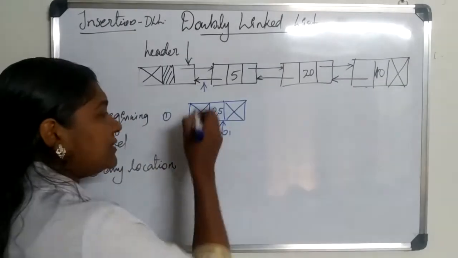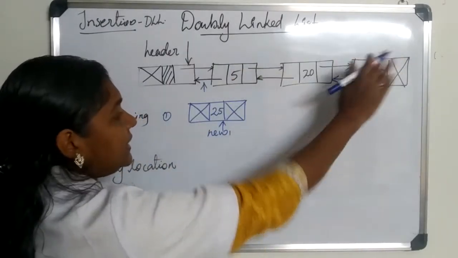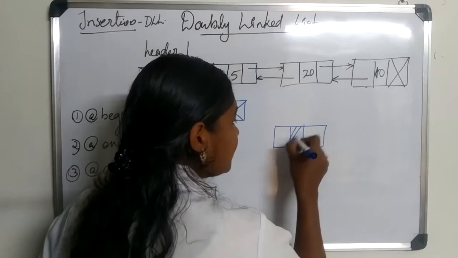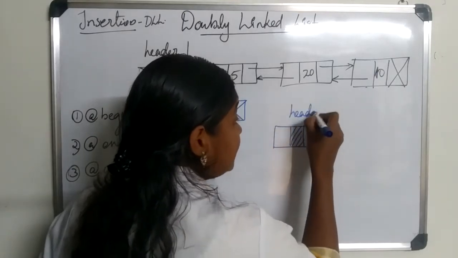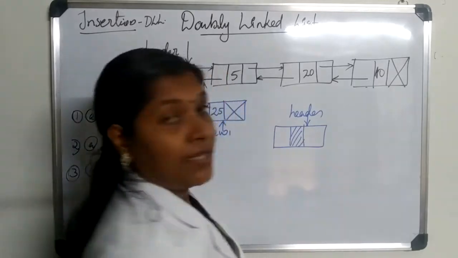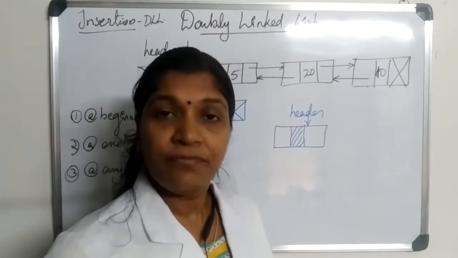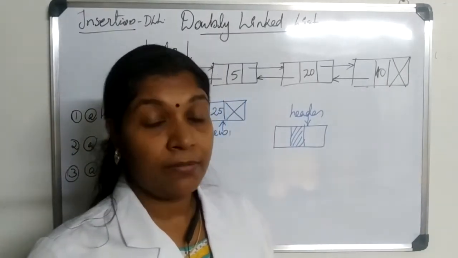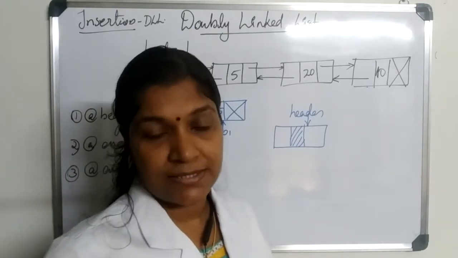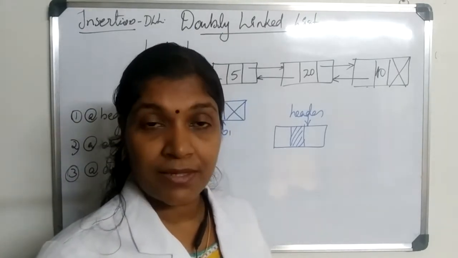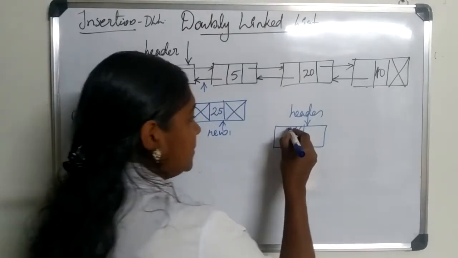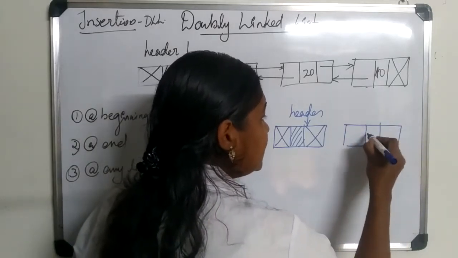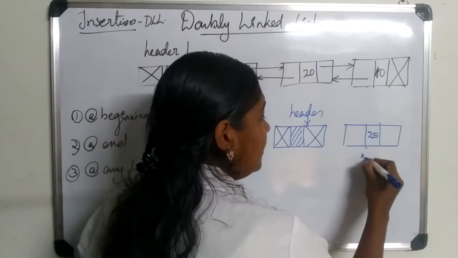Then what is the operation we are supposed to do? If it is an empty linked list, then only the header would be there. Like in our single linked list, for any case of insertion we consider two sub cases: insertion into an empty doubly linked list and into a non-empty doubly linked list. You should always consider those two cases, so it would be easy to perform that operation. So this would be an empty linked list. Suppose this is the same node, our new node, new one.